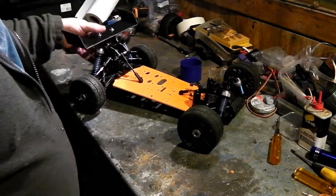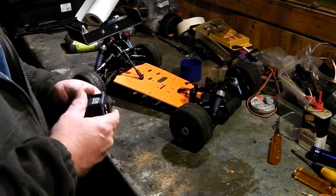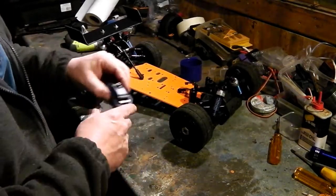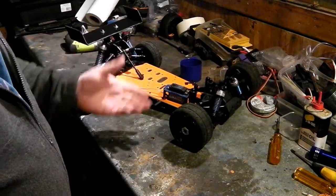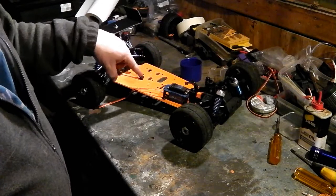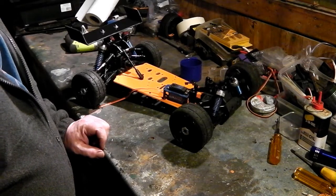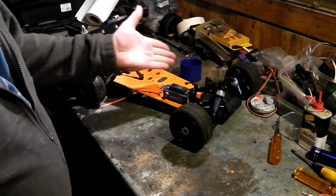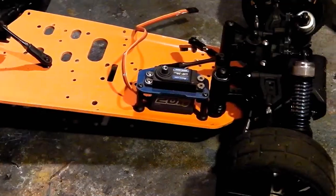Okay, last thing to add to finish up part 3 for this bad boy is to add a steering servo. There she is. The servo mount will sit there like that. Now if you have a Nitro, which is what this was, an X-Nitro, this would come out to here and hold batteries for the, I think, the accelerator, the throttle, something like that. I'm not a big Nitro guy, so you just cut that off and you're just left with a steering servo. So we'll fit this on and then